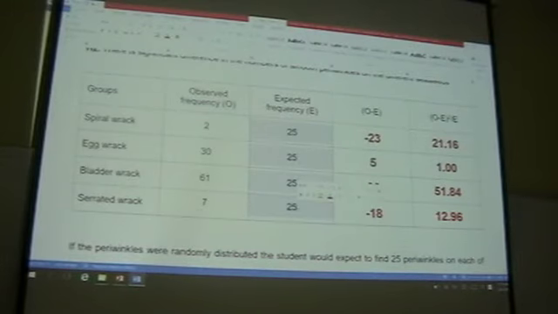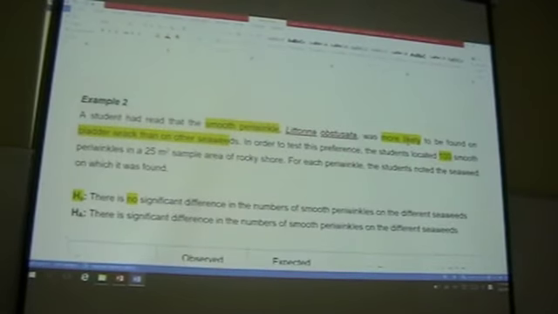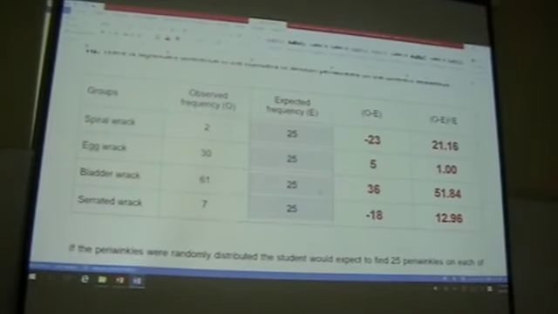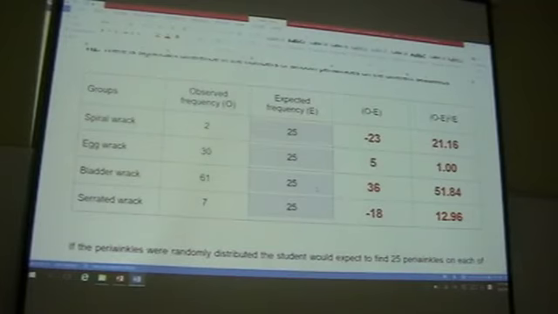What I'm trying to say is, because the student claimed that it's more likely to be found, and you are trying to test whether there's a preference or not, your expected is that there's no preference, meaning equally likely. That's why it's a 1:1:1:1 ratio. This might be tricky to pick up, so read the description very carefully. You can note down the answer, but more importantly, note down why it's 1:1:1:1.